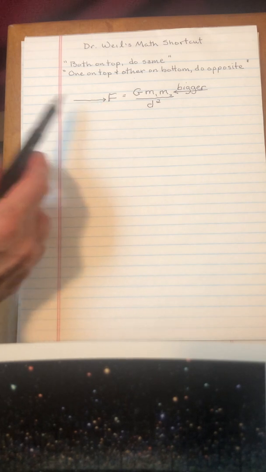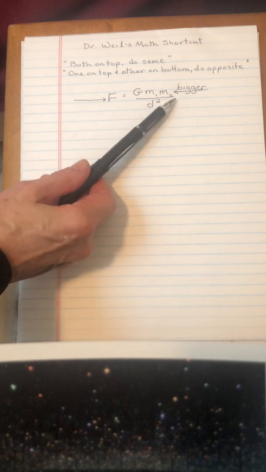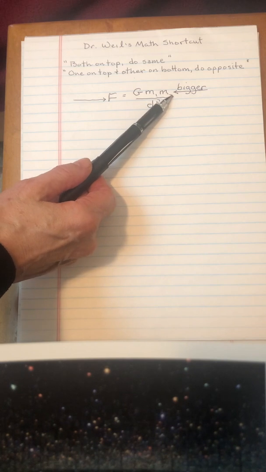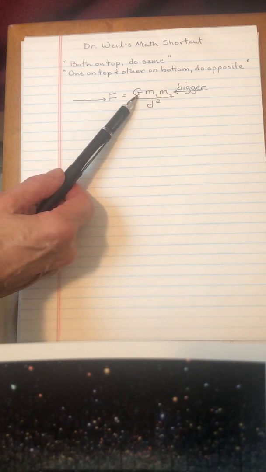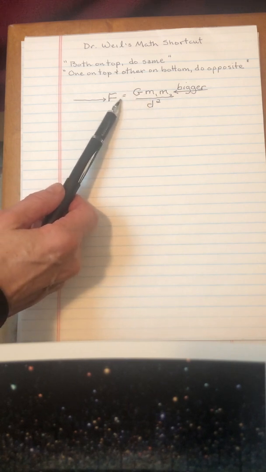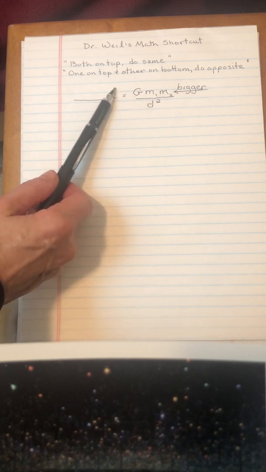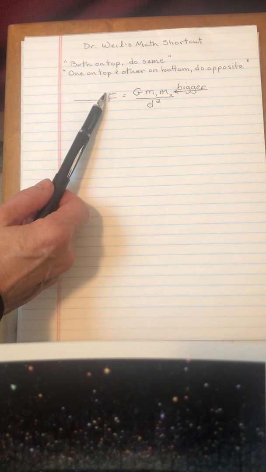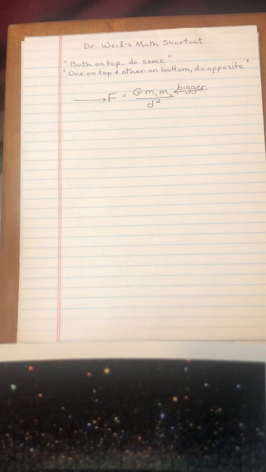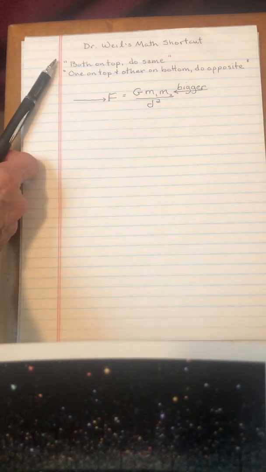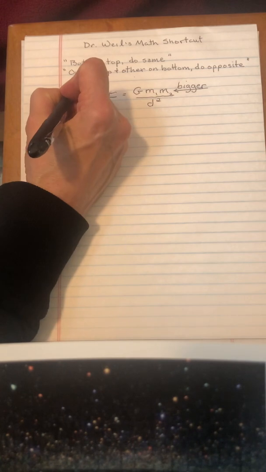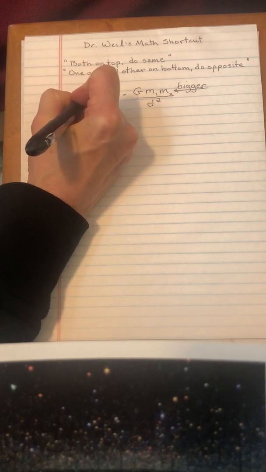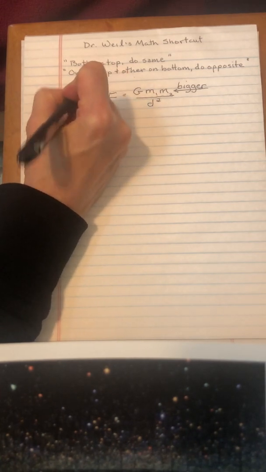All right, when you point your arrow at the force, you can then go look at the mass. It is on top. It's in the numerator. It is above the dividing line. Force over here on the other side of the equal sign is also in the numerator. It's on top. It's not below a dividing line. And here it says both on top, they do the same thing. So if the mass gets bigger, the force absolutely must get bigger.